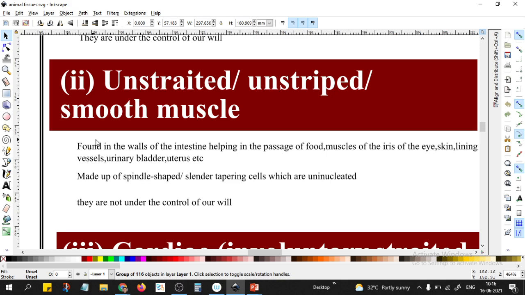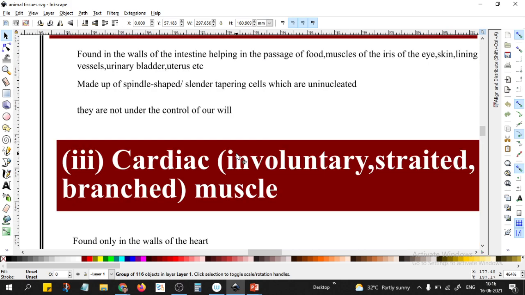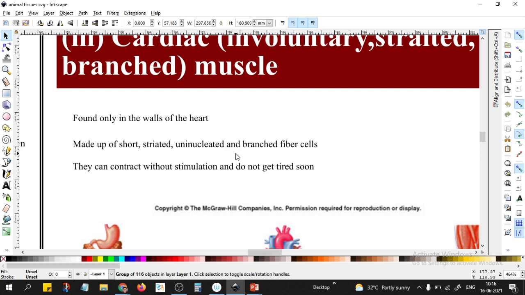Okay, the skin, the lining of the vessels, urinary bladder, uterus, all of these have smooth muscle. It is made up of spindle shaped slender tapering cells which are uninucleated. They are not under the control of our will. Okay, so this is about the smooth muscle. We will compare that with the cardiac muscle. So it is very similar to the skeletal muscle. Main difference is that it is made up of